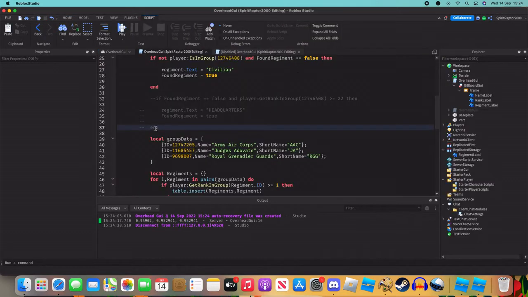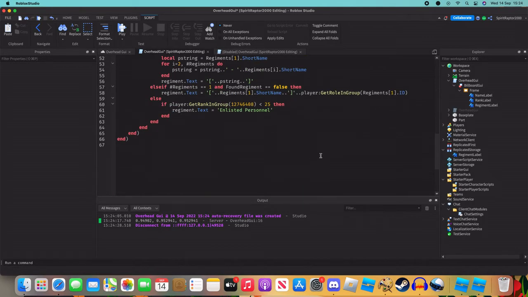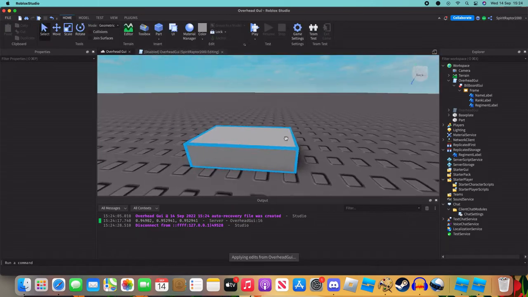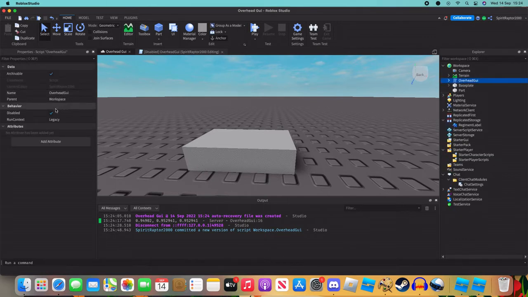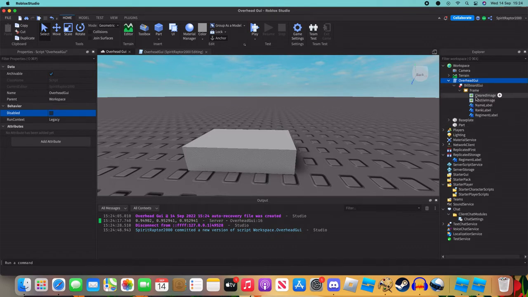There we go. That is, in essence, how to add text divisions to your regiment groups. Simple as that. Now I will go over how to do it with icons. So the first thing that we want to do, we can get rid of that old script. I'm actually going to delete this whole thing because I've prepared two separate scripts. I've just disabled this one. And so what we want to do now is